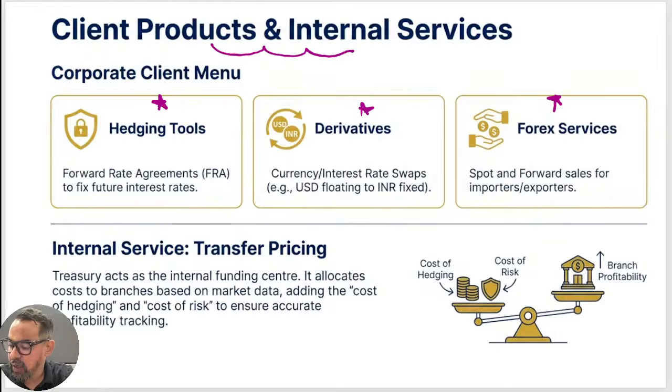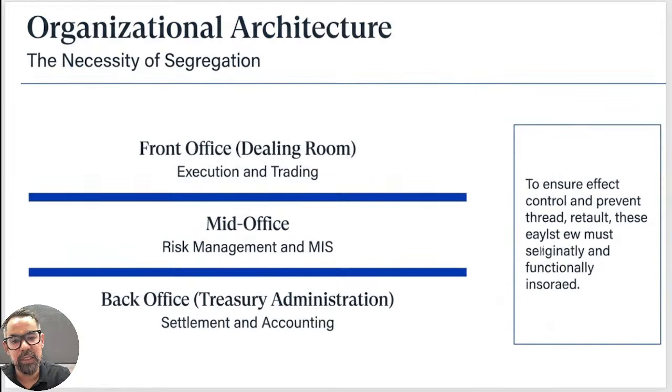And the next one which we have discussed, that is the areas. We have three offices. One is front office, another one is mid office, and third one is back office. Front office is generally known for trading, meaning execution of deals. Then we have an independent mid office, which is for risk management, and the third one is back office, which is for settlements, accounting, reconciliation, and other things, which are generally taken care of by the back office itself, right?